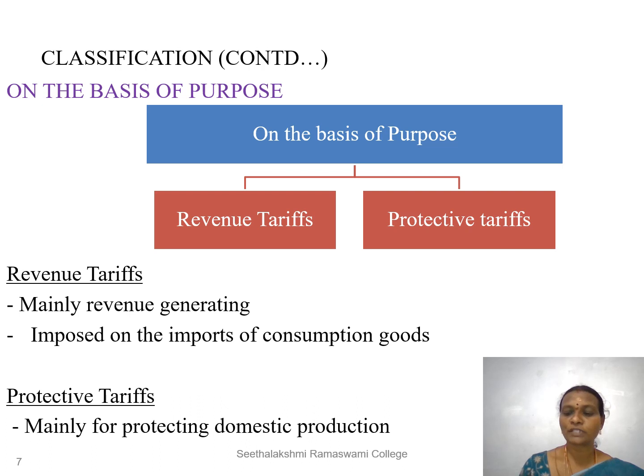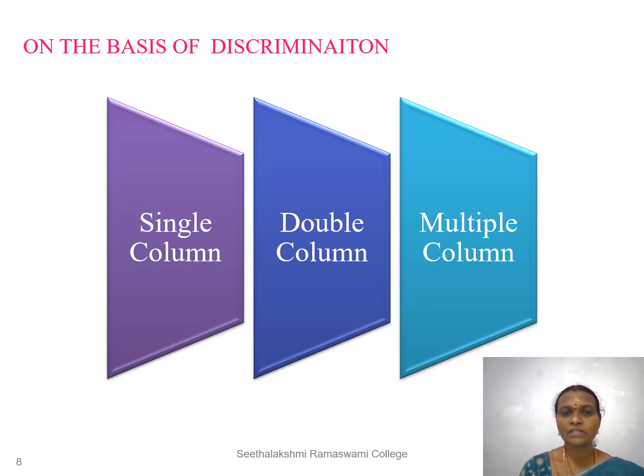Next, we are going to see classification on the basis of discrimination. Here tariff is classified into single column tariff, double column tariff, and multiple column tariff. Single column tariff is the tariff imposed by the government on all the commodities. That is, they follow a uniform rate. There is no change in the rate